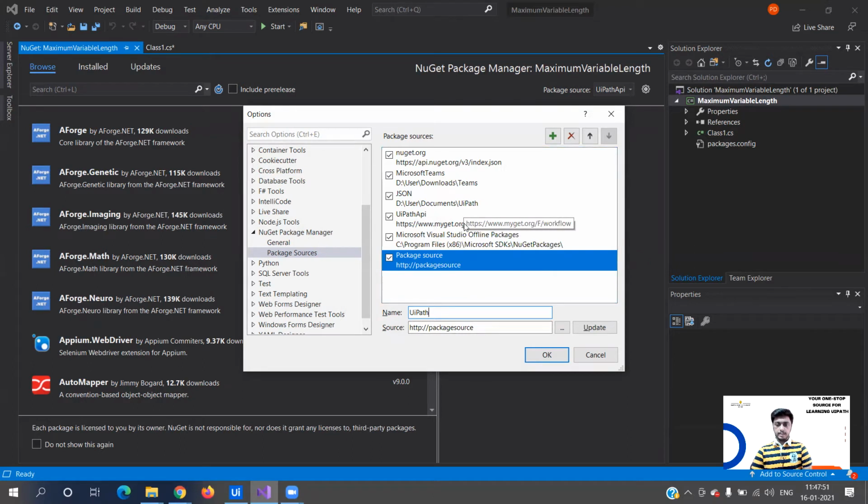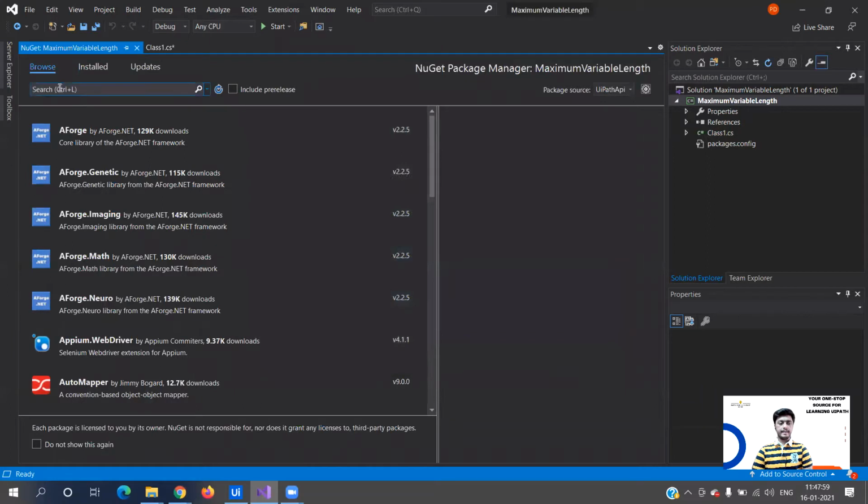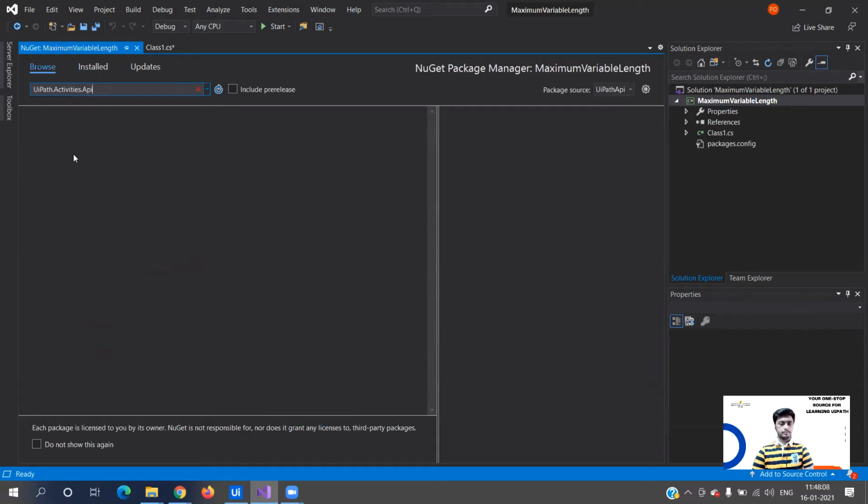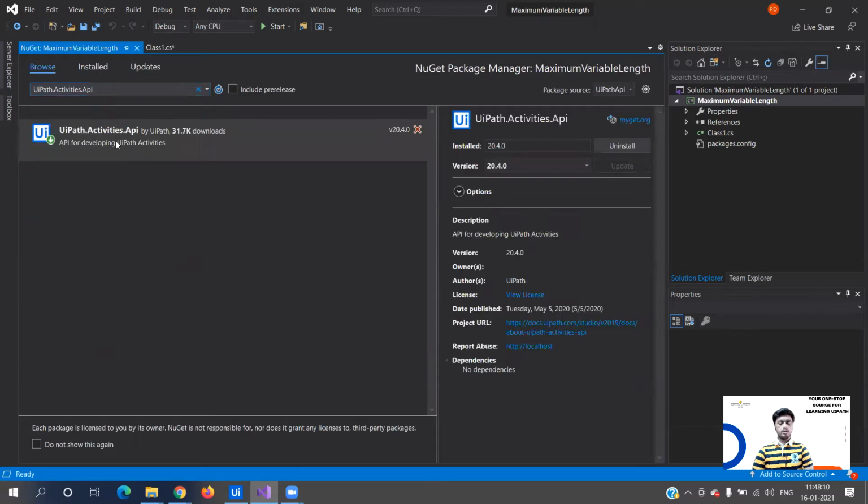It is https://www.myget.org/f/workflow. This is what you need to create. Once you create that, and if you search over here for uipath.activities.api, you see, you need to install this particular package.